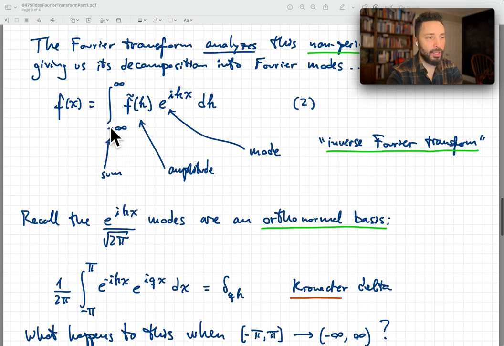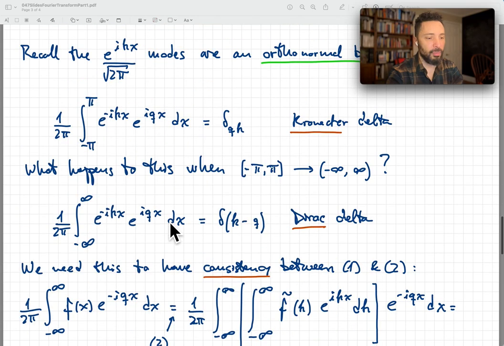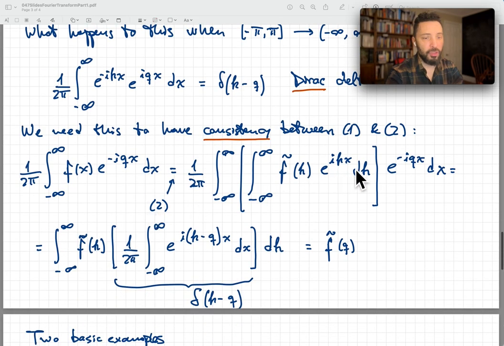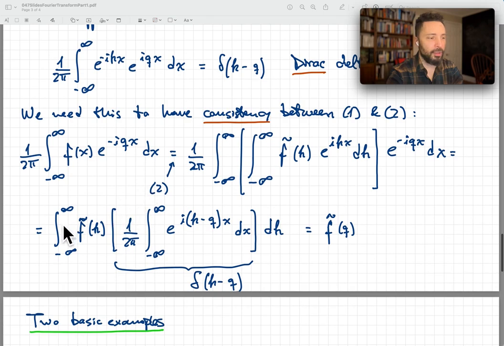And let me show you equation 2. This is our equation 2. I went ahead and simply inserted this form for f of x into my equation. So again, I replaced this f of x with this whole thing here in between square brackets. And I'm going to switch the order of the integrals. I'm going to pull this dk integral outside. Everything that depends only on k here is outside, and dx in. And so what I obtain then is the integral between minus infinity to infinity f tilde of k, now outside. And then in this square bracket, I pull in the 1 over 2 pi, the integral over dx, and then